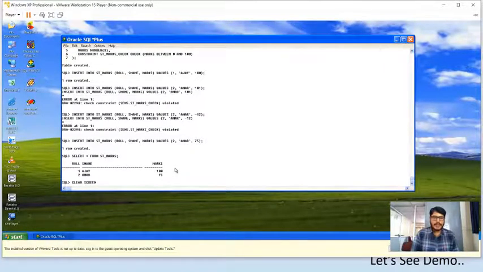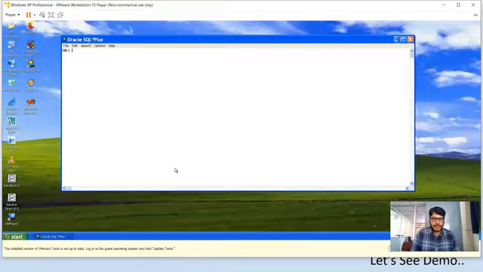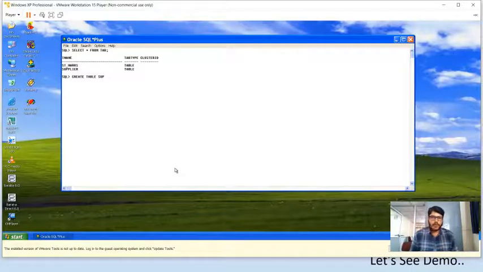So now let me clear the screen, and let us see what tables we have created. Select star from tab. Okay, already we have created the supplier table here. Let me create another table with SUP indicating supplier. So create table SUP, open the parenthesis, SID, I'm going to consider it as a number with size 3, and I'm going to define this one as a primary key, and name varchar2, let me specify size as 30.